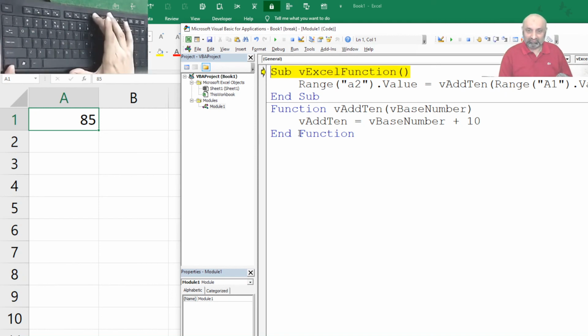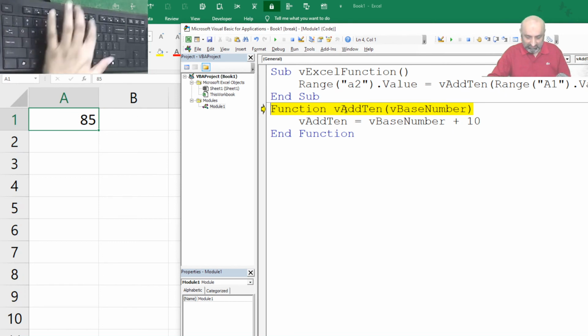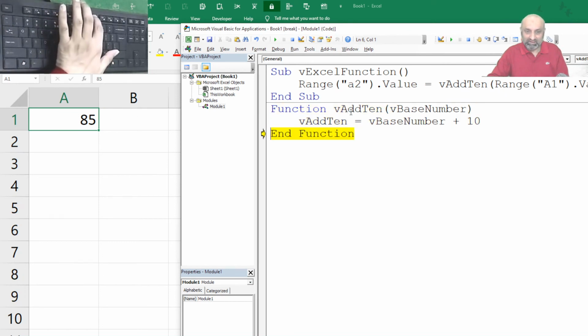So let's run this. Range("A2").Value equals Add10 of Range("A1").Value. Let's see what is stored in A1. You can see right now the base number is 85, right? Let's execute this and we should have 95, and boom, here it goes.